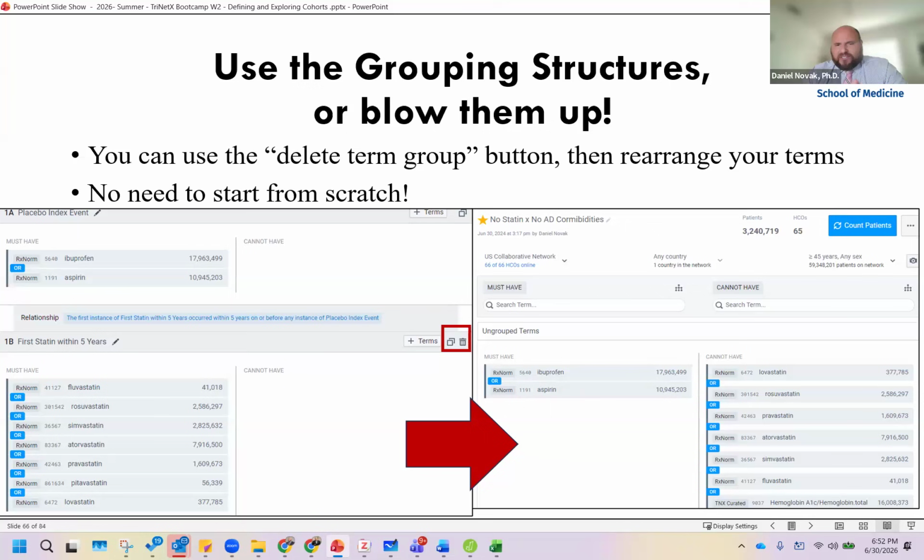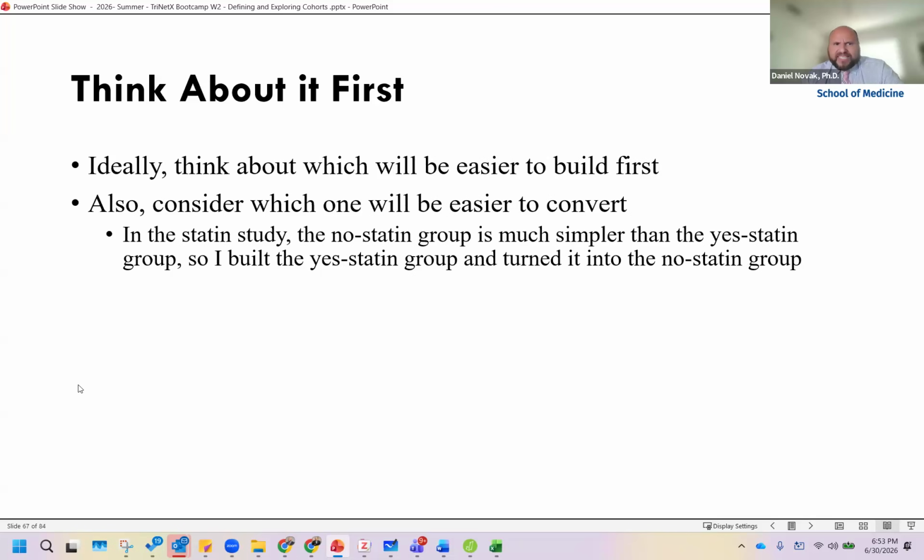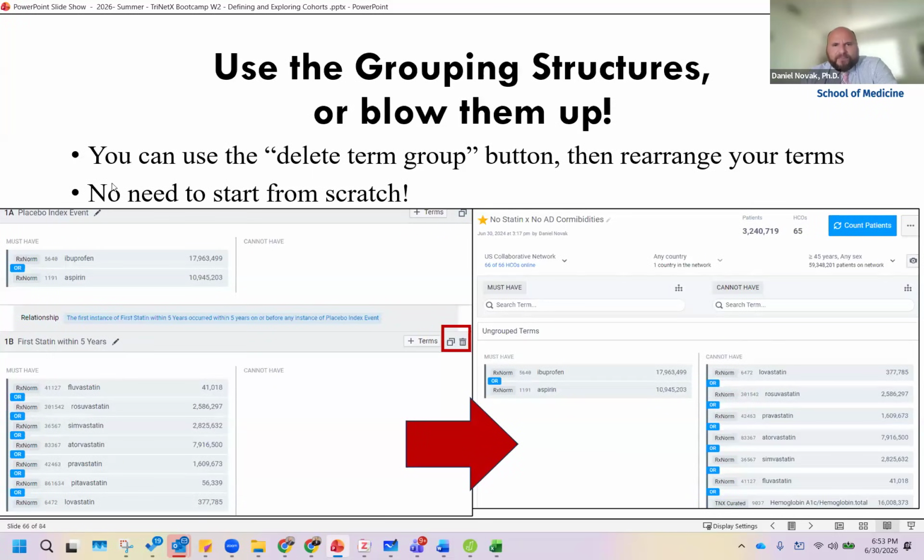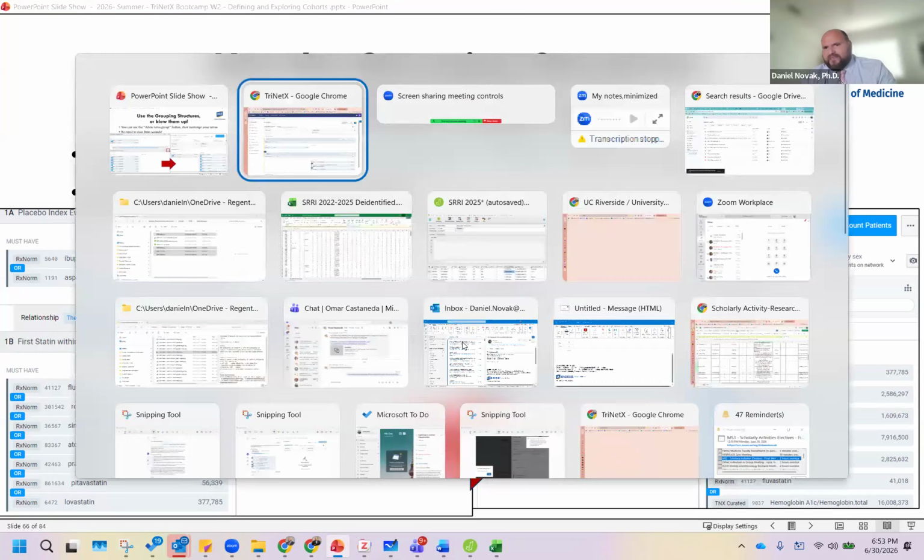So again, I showed you earlier, you can use that copy button. Over here, there's a copy and a trash button that you can use to move things around. In this case, this is my cohort that I used to identify people who had ibuprofen or an aspirin and then had statins prescribed, versus people with ibuprofen or aspirin who never received statins. So you can really easily, for example, by using the delete button on these,